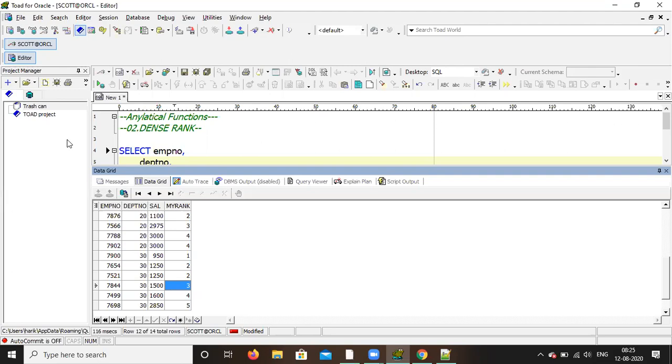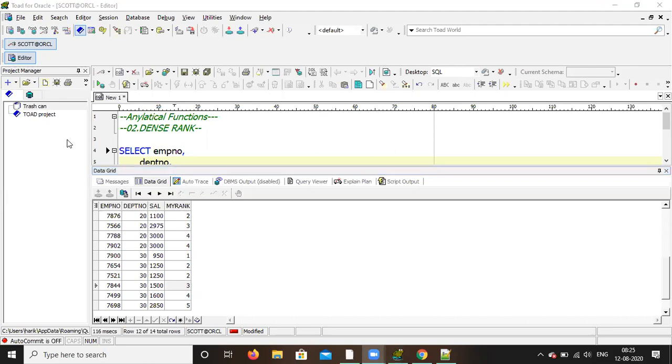This is nothing but like a group by concept that I explained to you. The same concept it is, and it is doing accordingly using grouping, then finding which is the maximum, then what is the next maximum, which is the next maximum, like that. Then it will rank accordingly. It will give the rank. Clear? Any questions here?